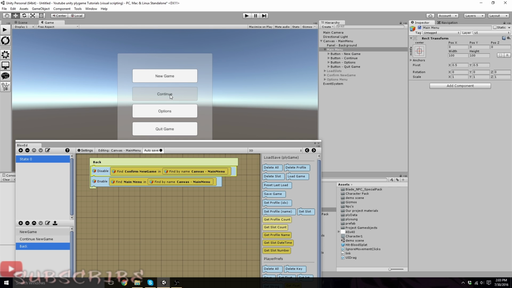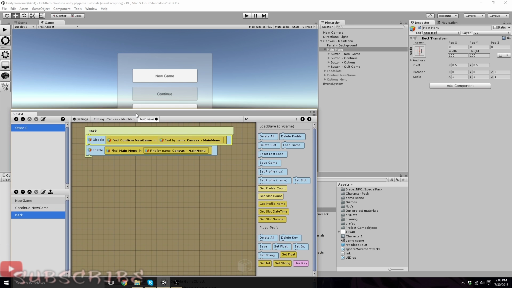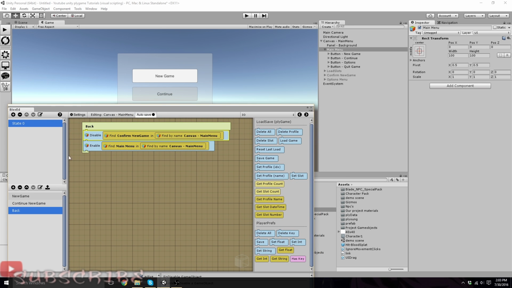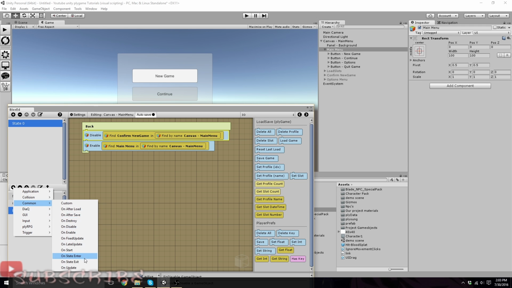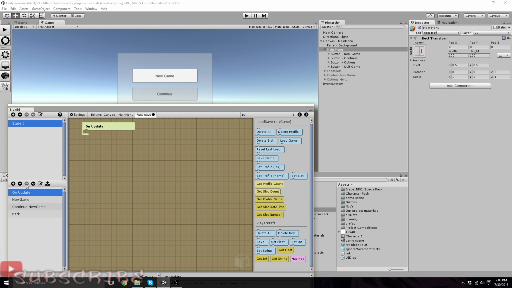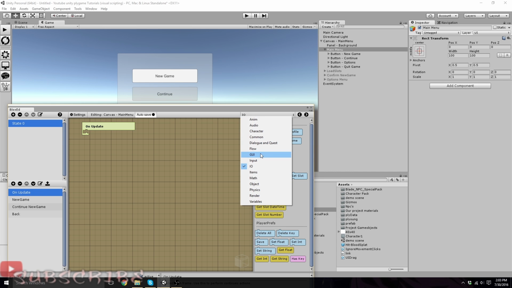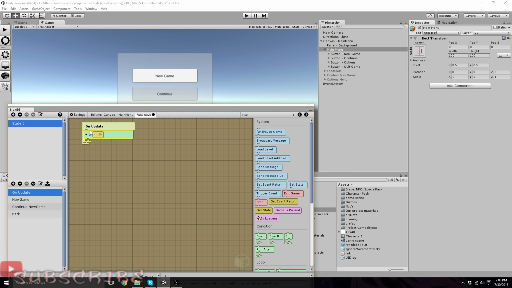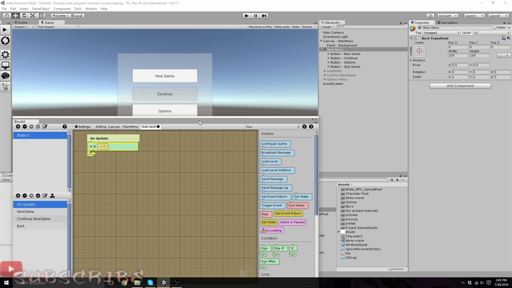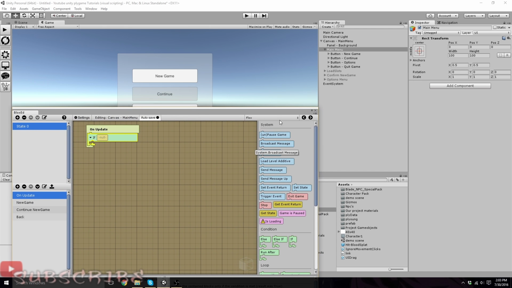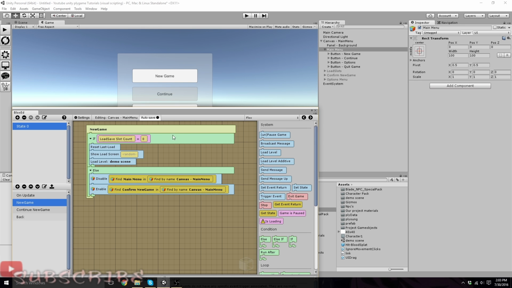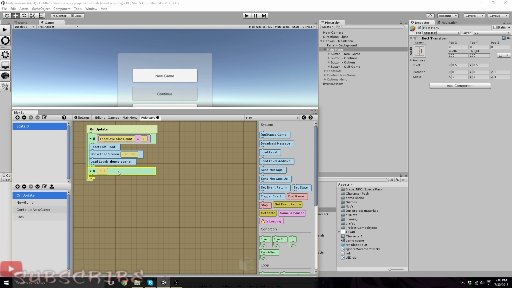Now in game, your continue here will be doing something. So what we'll be doing is adding a custom on update, which will be used for everything. In this on update, we'll be checking if. So go to your flow, grab your if then, and just like in here, you're going to want to check if the load save slot count equals 0. So we can actually just copy that, delete this stuff here. So if load save slot count equals 0,